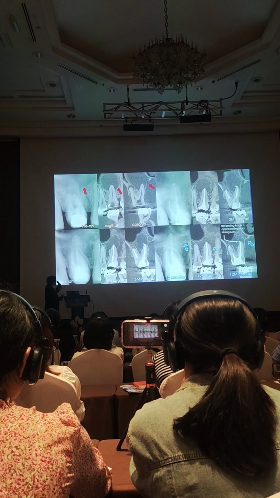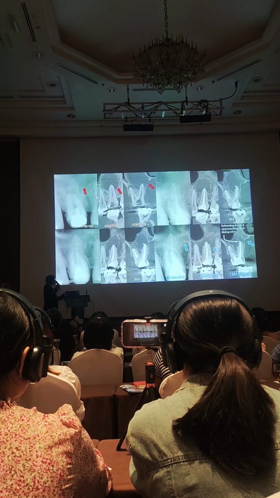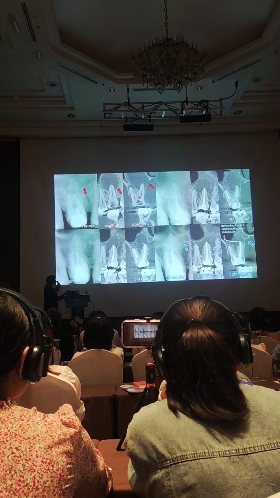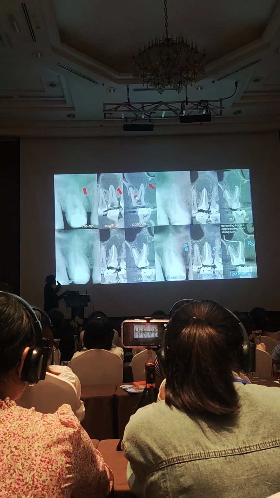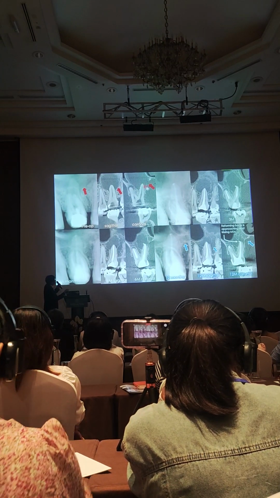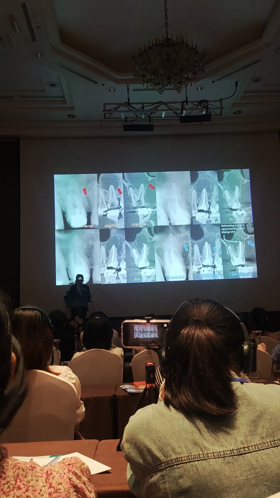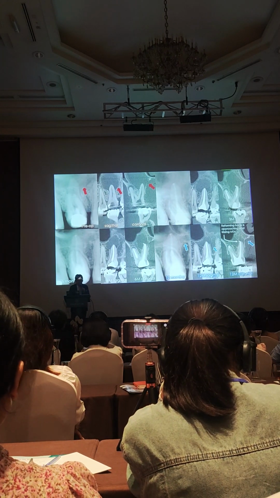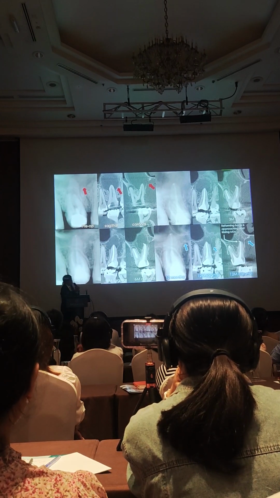So here, another case. Look at this case here. You see a huge lesion. Look at the size of the lesion. It's huge. And actually, the periapical disease is elevating the sinus floor. And this patient was referred to me, and I retreated this tooth. And this is a post-op,